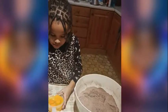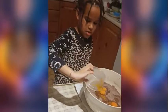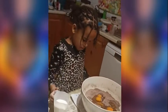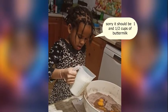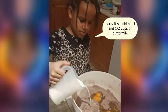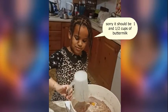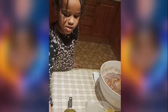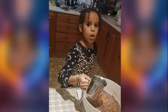So 4 eggs, 1/2 of a cup of buttermilk, 1.5 cups of hot water,